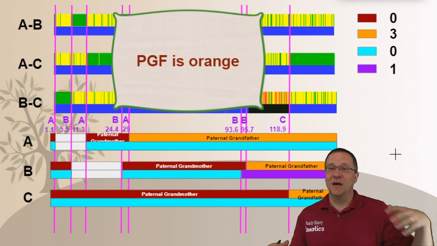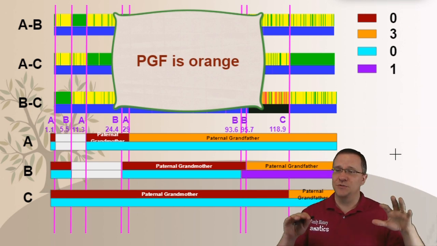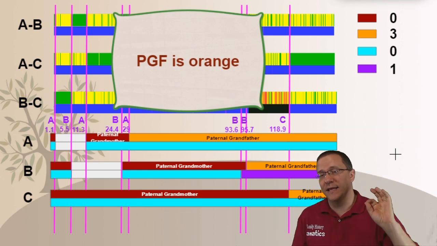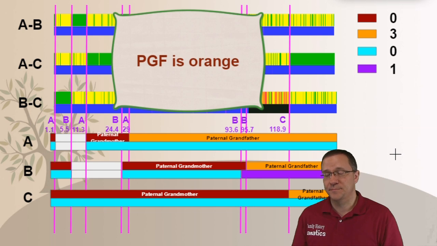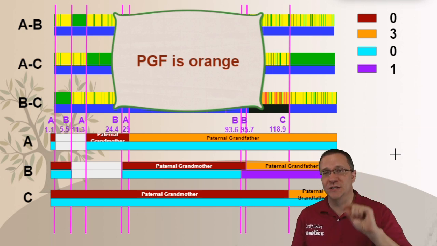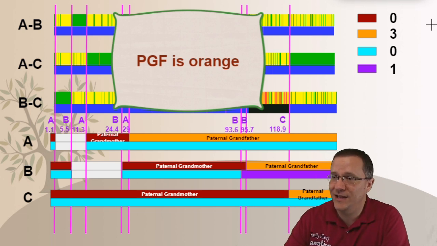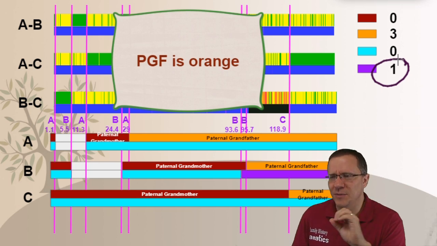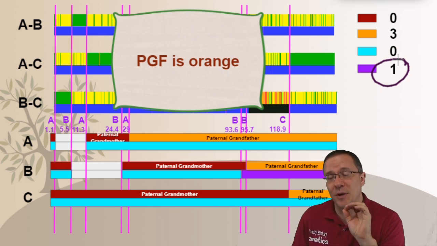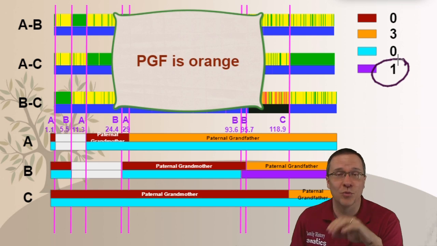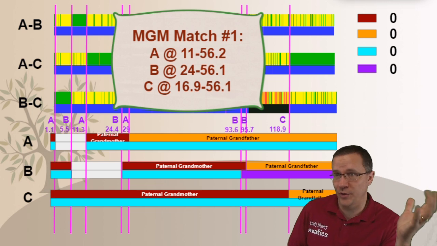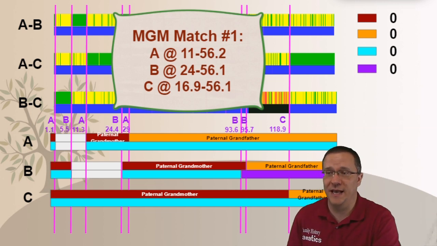Now, just looking at the numbers, my initial assumption here is that orange is my paternal grandfather and red is my paternal grandmother. Now, again, I say that's my initial assumption because I still have this that I'm going to worry about. That's going to be in video 4. But for right now, let's label everything that's orange as my paternal grandfather and everything that is maroon as my paternal grandmother. Now let's look at those maternal grandmother matches and see where they line up.